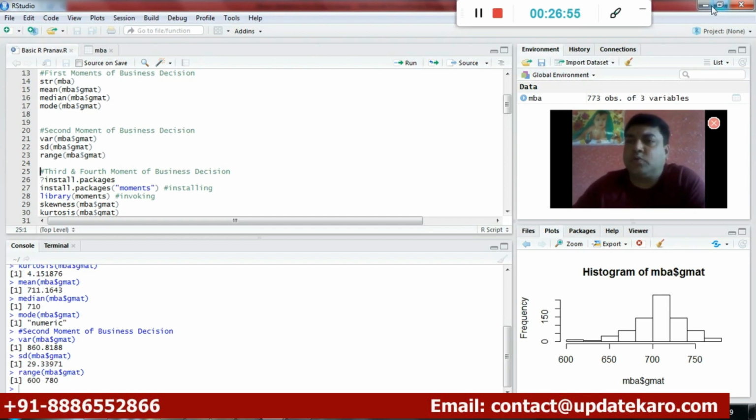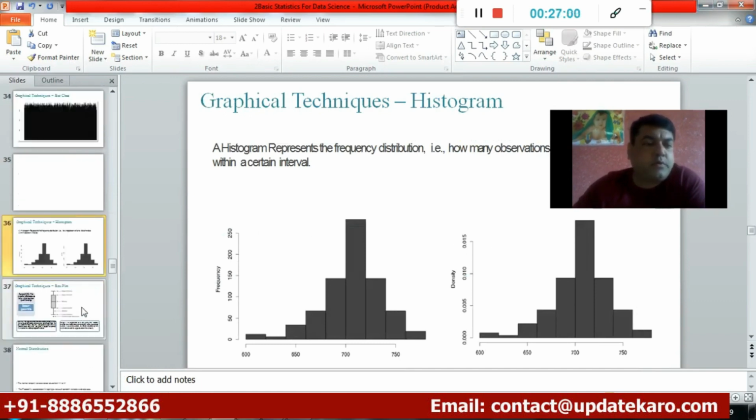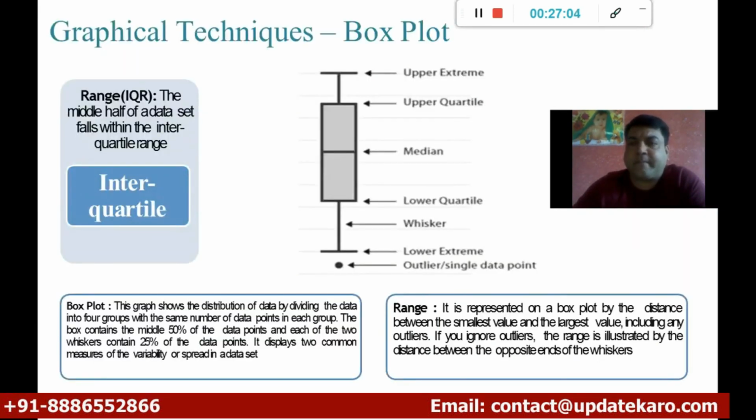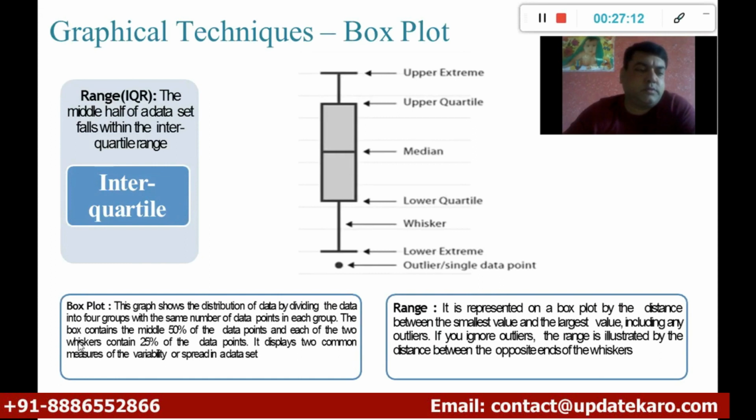So after looking at these two basic plots, one more plot we are going to discuss, and that is called a box plot, right? So for the same data I am going to explain how a box plot will be used, and this is going to be a very important plot, right? Because if you remember, I have said that within the data at times we may have some sort of outliers,